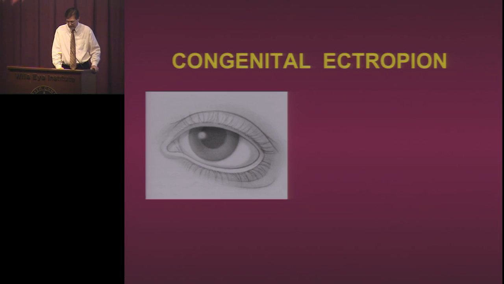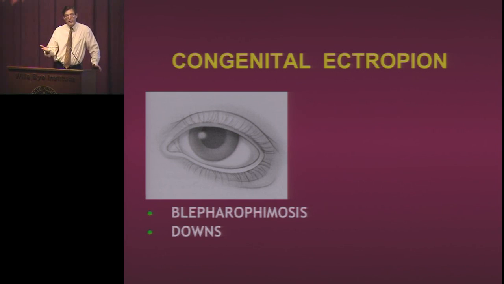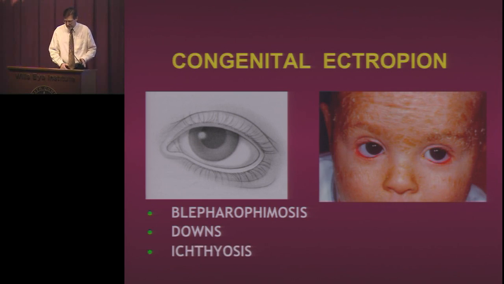done. Okay, congenital ectropion by itself is very, very uncommon. When we see it, it often can be due to blepharophimosis again, or Down syndrome with the euryblepharon. And sometimes you can see it with an unusual autoimmune problem, which I've seen a couple cases of, congenital ichthyosis. And these are very difficult to treat. You try to do as little as possible because you know how abnormally they heal up with almost any type